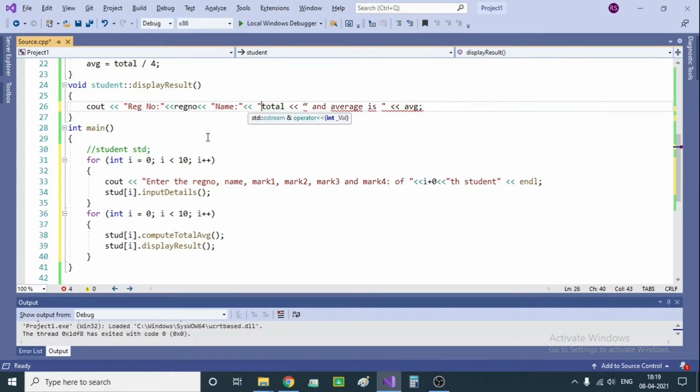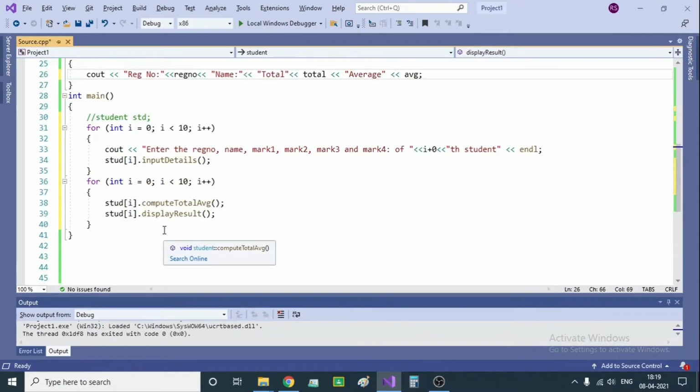After that, total, and followed by average. So for each student it will display the register number, name, total, and average.